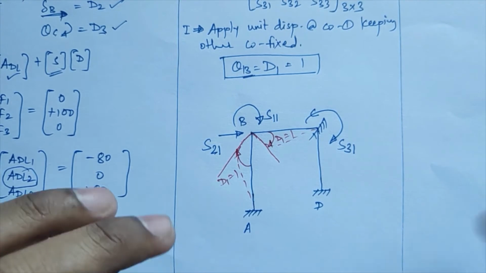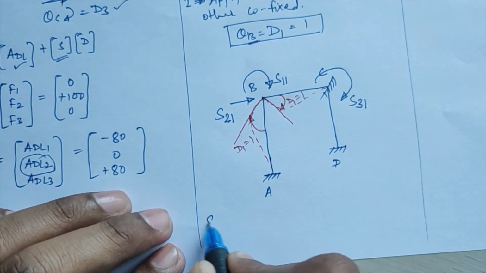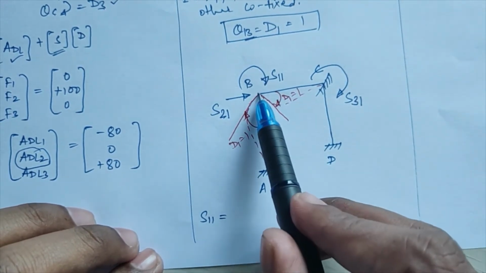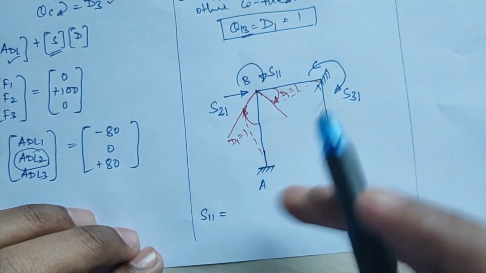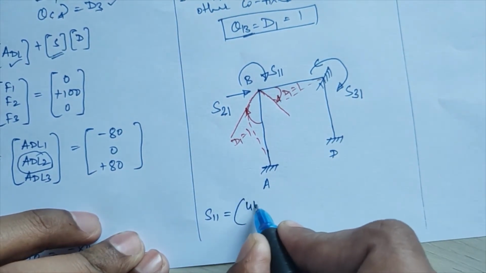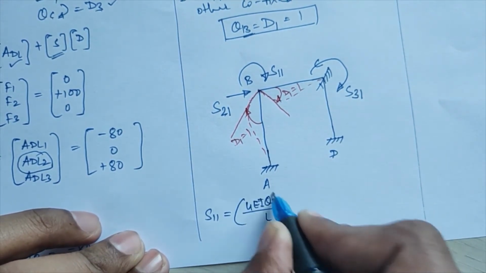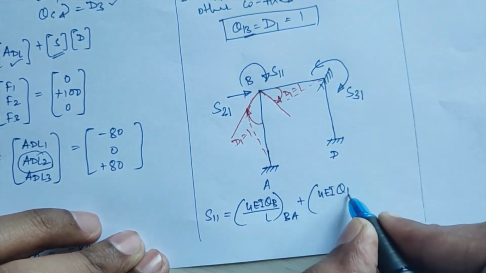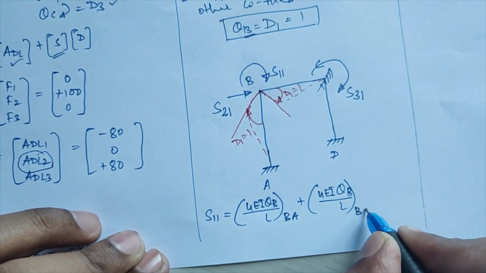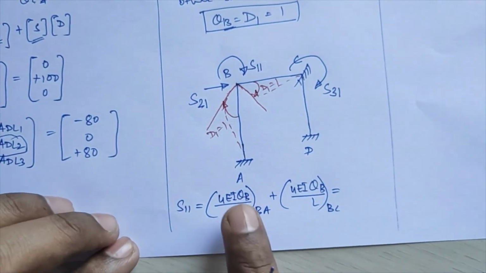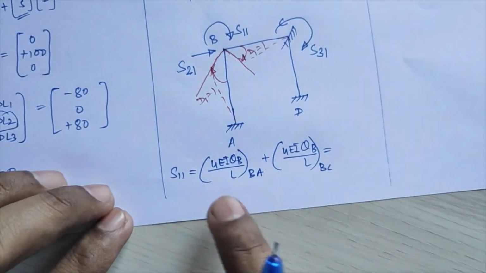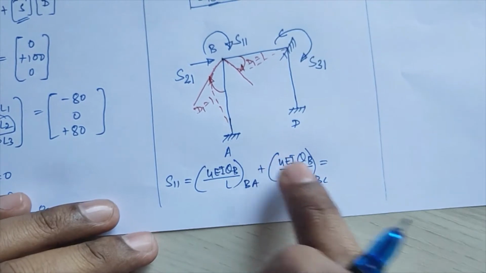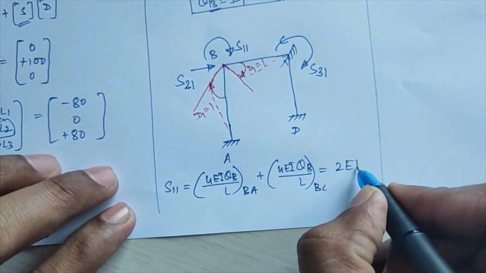Now we'll calculate the values of these stiffness coefficients. So first that will be for S of 1 1. So S of 1 1, that will show the near end for your joint B for members BA and BC. So S of 1 1 will be 4 EI theta B upon L for BA plus 4 EI theta B upon L, and that will be for BC over here. But theta B is here equal to 1 there. Length of BA and BC, if you substitute, both are 4 over there. So 4 EI by 4 plus 4 EI by 4, this I get equal to 2EI,